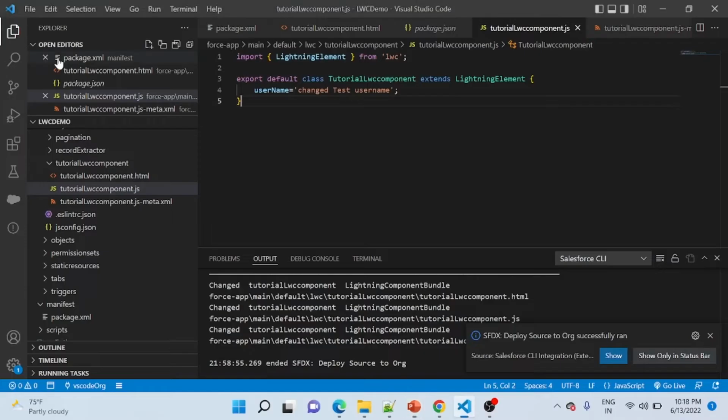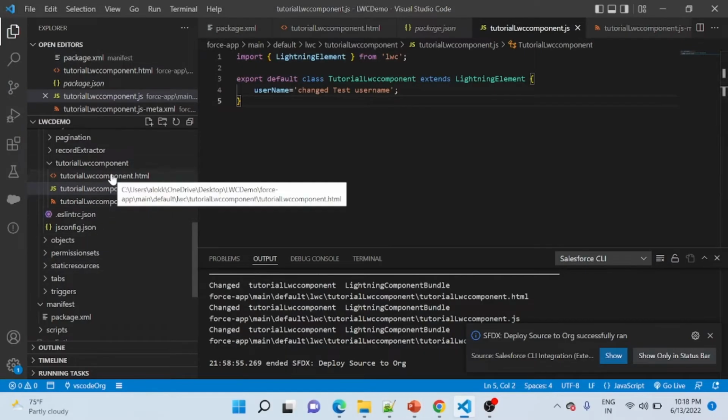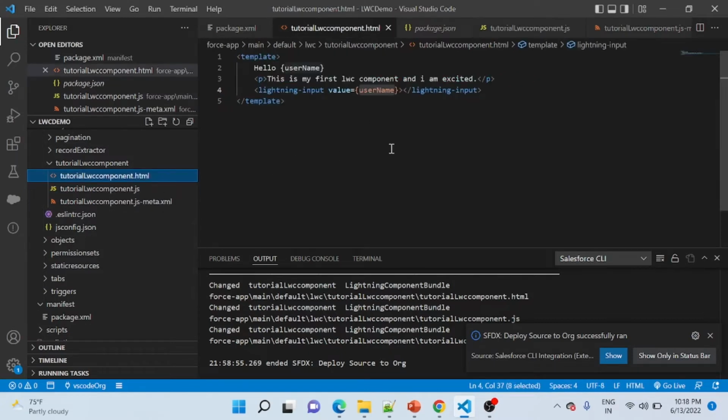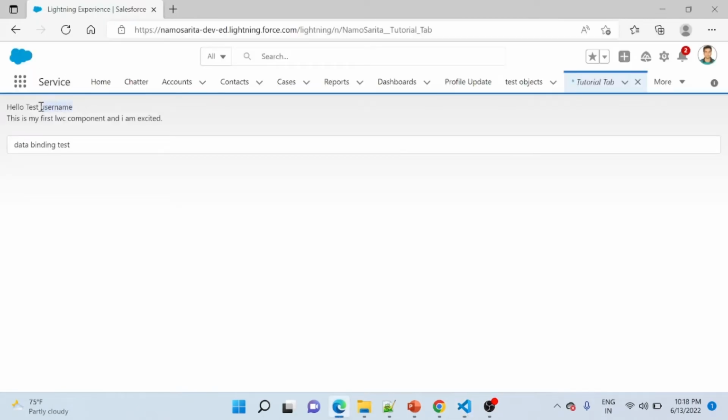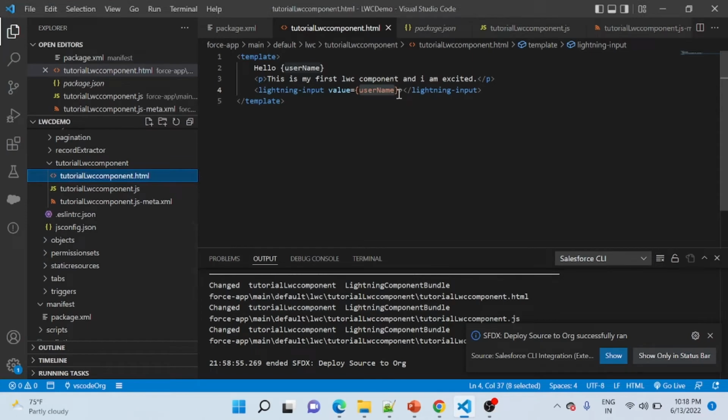So I'll go to my VS Code. Previously we saw that when we were entering any value in the text box, it was not updating the static text on the UI, or you can say it was not updating my test username value, despite the fact that both are the same attribute, because whatever value you were entering here was not getting synced to your JavaScript controller. Now, how can we make it sync to the JavaScript controller? To do that, we can use an event here. So let's say I put onchange,